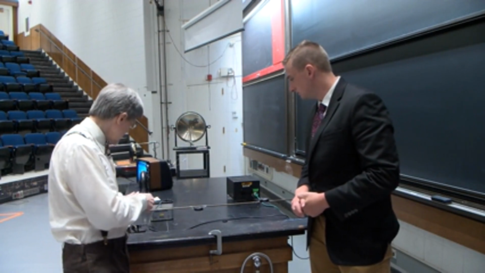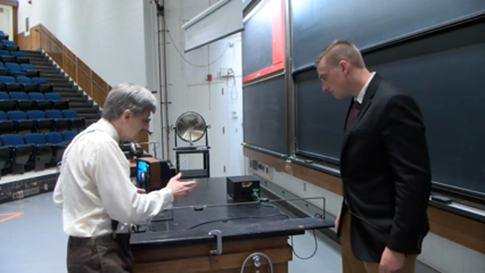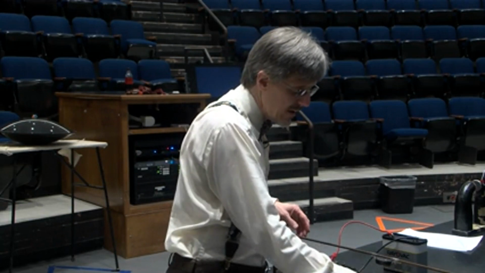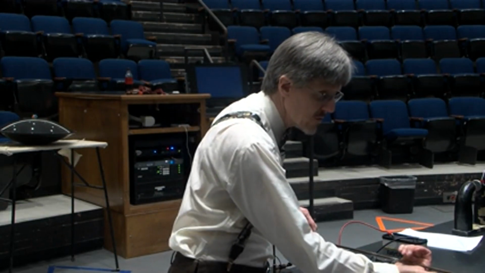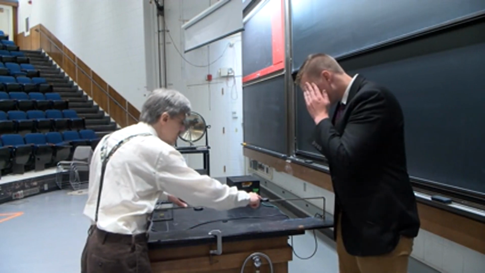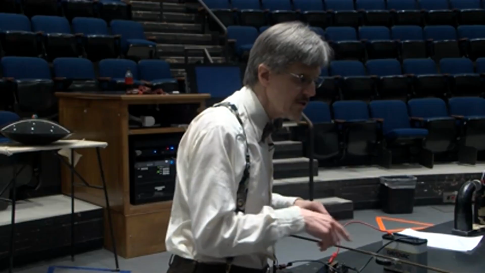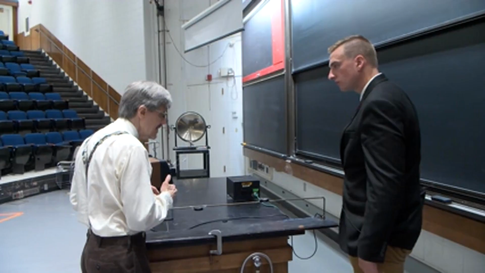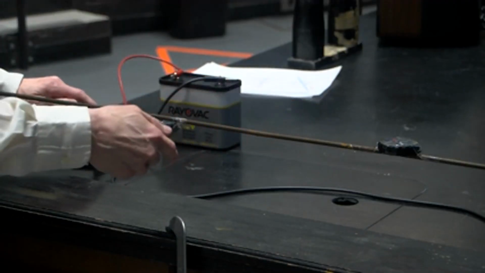I have a battery that's basically just hooked up to a wire, this heavy pipe. Not heavy, but anyway, and I'm going to drive a current through it that way. And if the current is going that way, then that should mean that we're going to get a magnetic field that is going to loop around this way. In order to demonstrate that, we have two compasses, one above the wire, and one below. And so we should see that the red, which is indicating which way the magnetic field is going, is going to effectively wrap around. So if we just look at the compass needles, when I push the button,